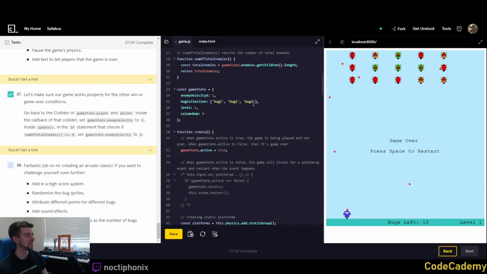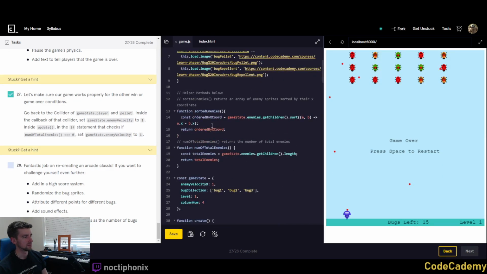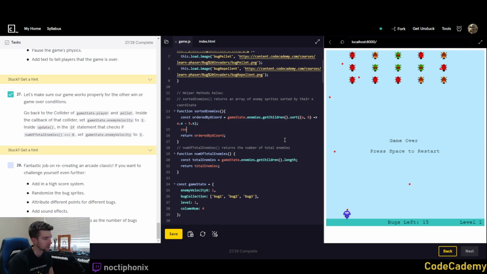Hold on. Ordered by x coordinates. Okay, we're gonna shoot in the dark here. Constant ordered by y coordinates equals game state dot enemies dot get children